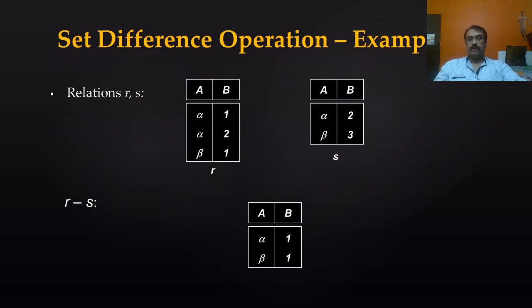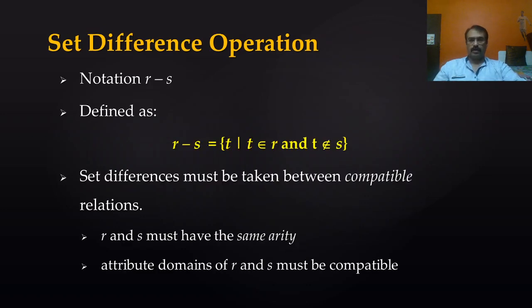Similarly, set difference. R minus S. All the occurrences from R except the occurrences from S. I will not spend time on this either. So set difference, union and intersection, these three operations are known to you, and you are comfortable with that. A common thing in all three operations is that both the participating relations must have the same arity. Then only we can perform union, intersection, and set difference. This is equivalent to the except operation in SQL.